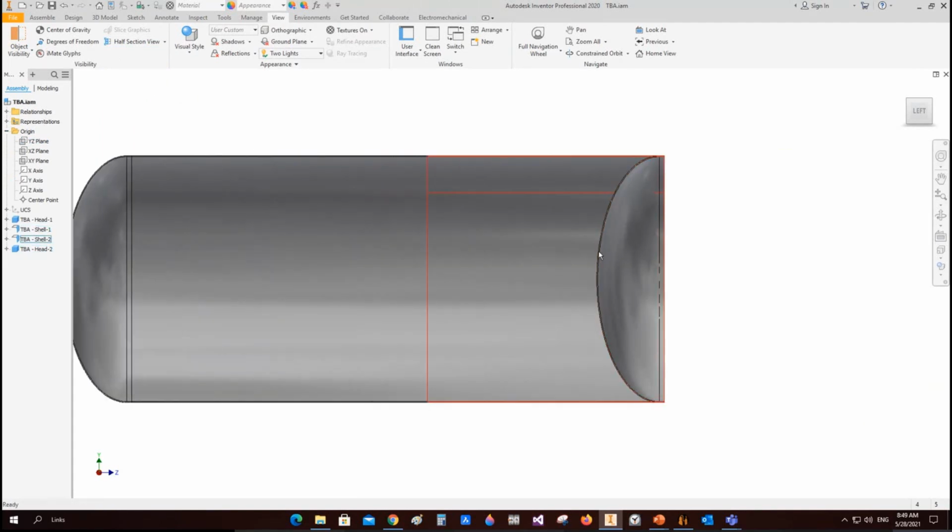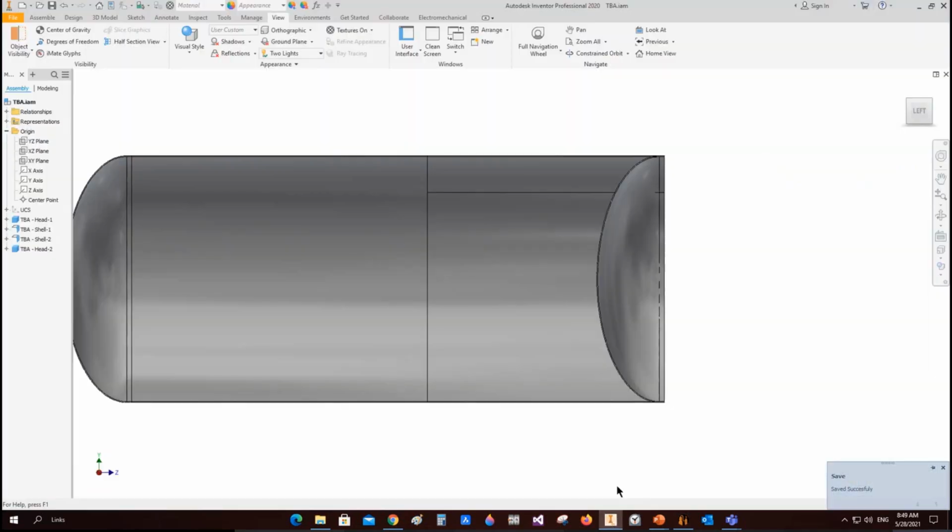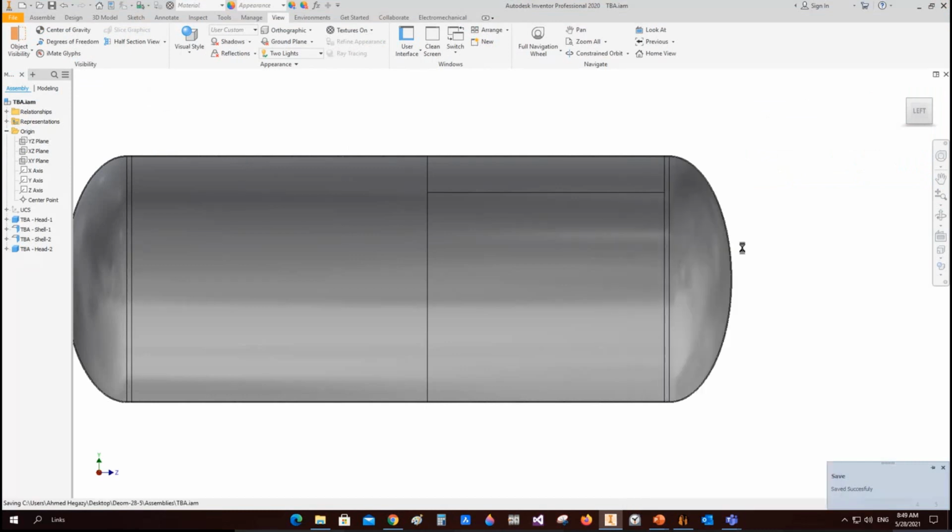Okay, now let's add some attachments to the vessel and check out how we can add and modify them. Now we have this vessel without any sections. So let's come back here and select the head. And from the head, you can see that you have many attachments you can add to this head,